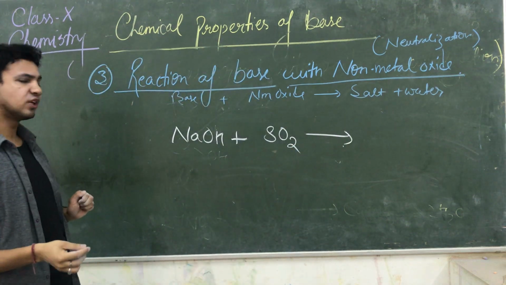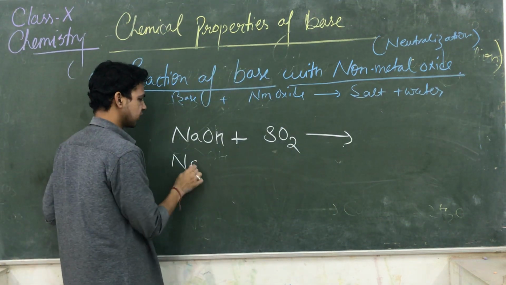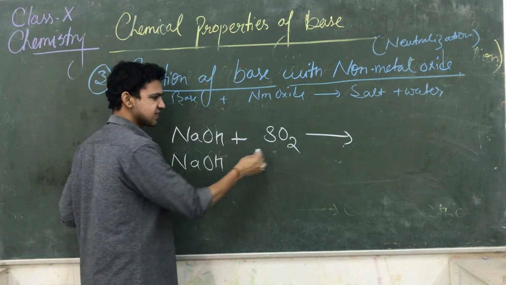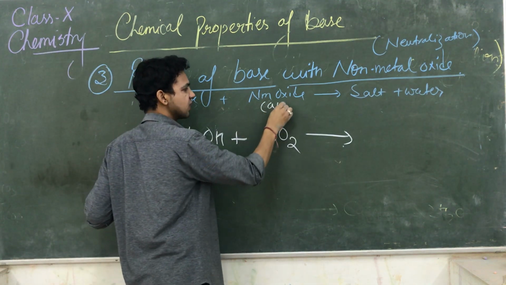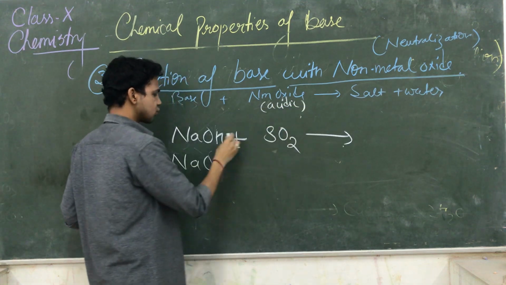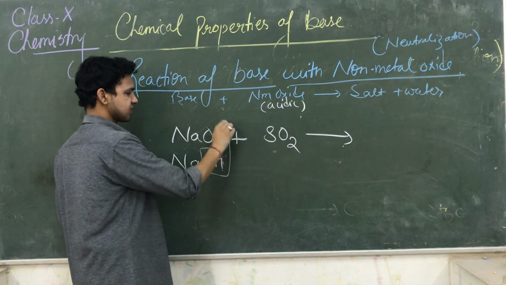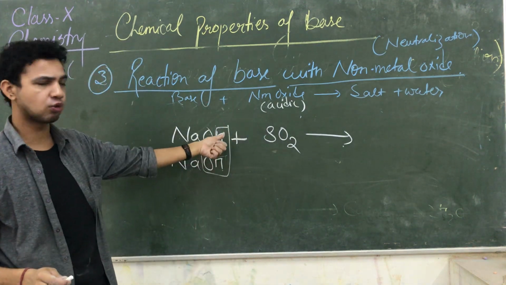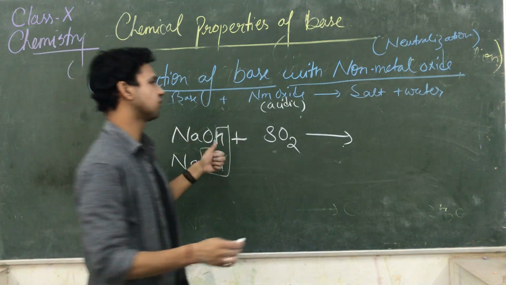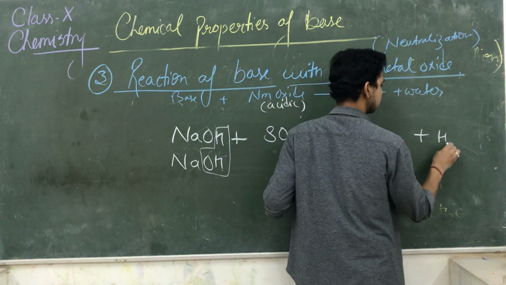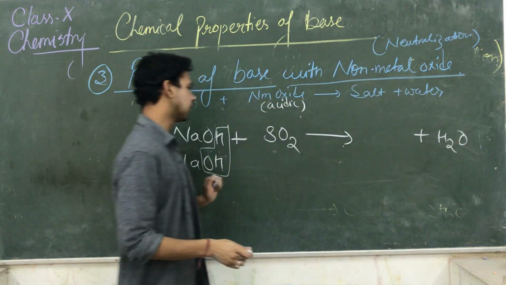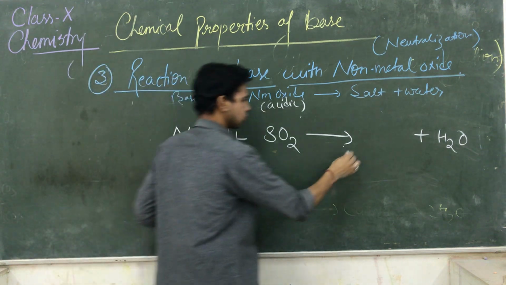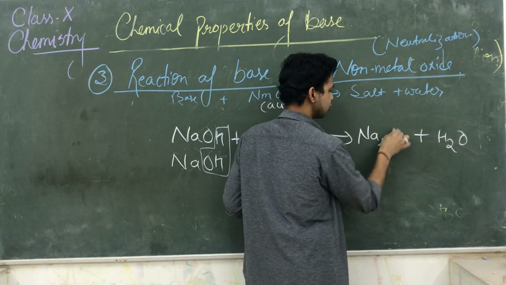Okay, so we need two base molecules because जो sodium होगा वो Na2 form करेगा. That is the base, and non-metal oxides are which nature? Acidic in nature. So first of all they give you water. सबसे पहले क्या निकालते हैं? Base और acid के बीच में जब भी reactions होगी पहले क्या निकलेगा? Water. तो H2O, they give you water. और आपका क्या बना? Na2, इस O को उधर छोड़ दीजिए, SO3, it gives you Na2SO3.